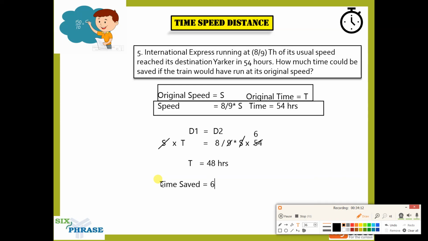As you can see, the key point here is for you to identify what is equal to what. I told you any one of those, distance, speed or time, will be equal. If you are able to identify which one is equal, then you can just put it in the formula like this and then solve it.